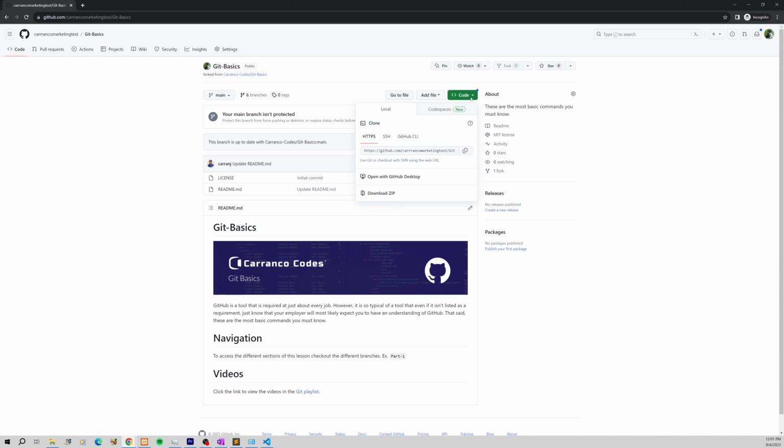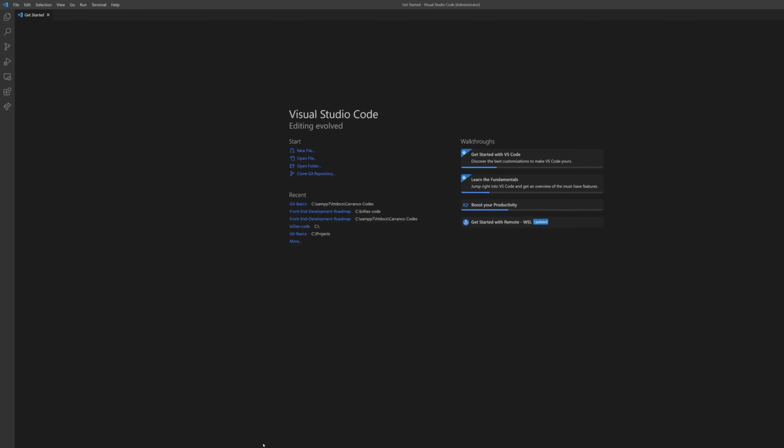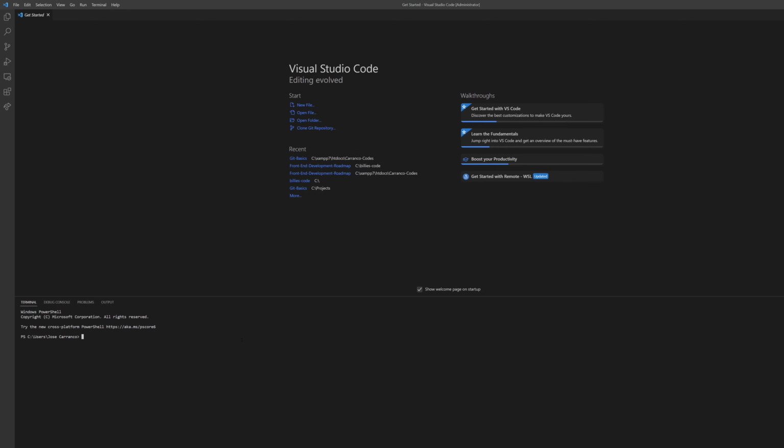And you can do this by clicking on code and then clicking on the button. And then we're going to head over to Visual Studio. We'll open up our terminal. And let's go ahead and just go into where we want the directory where we want the code, and we're going to put it in Billy's code. And from here, we'll do git clone and copy the files. So now if we open up that folder,